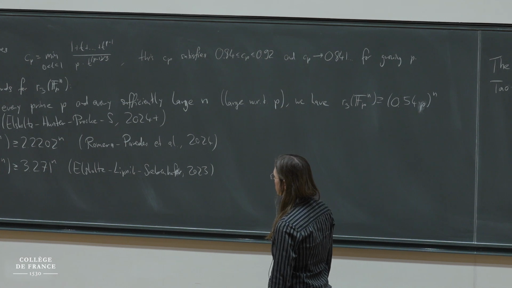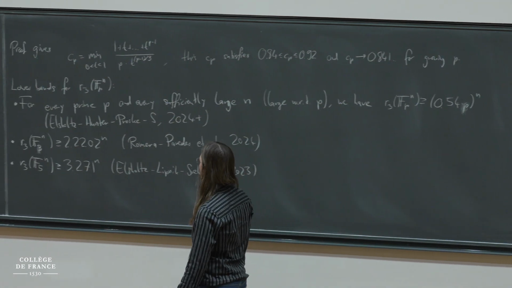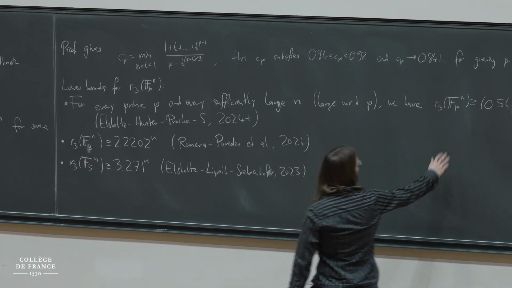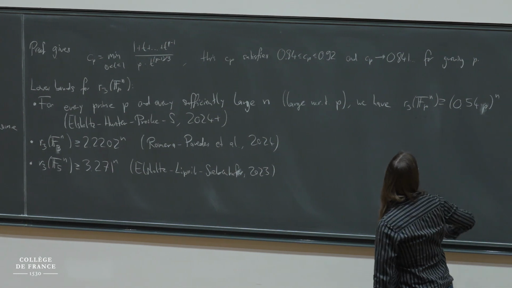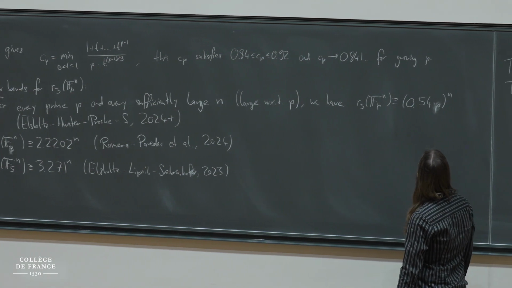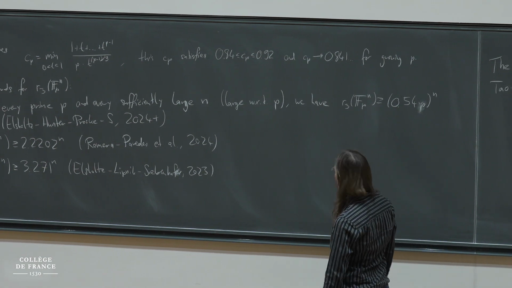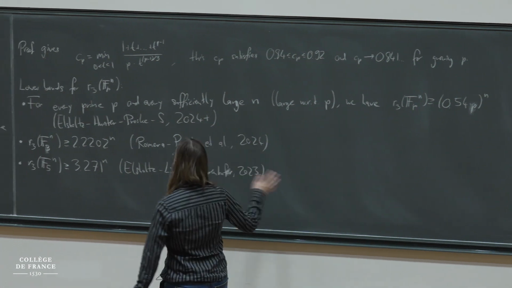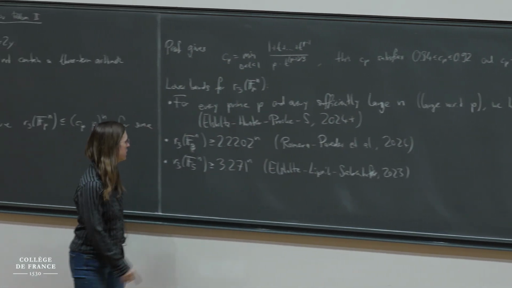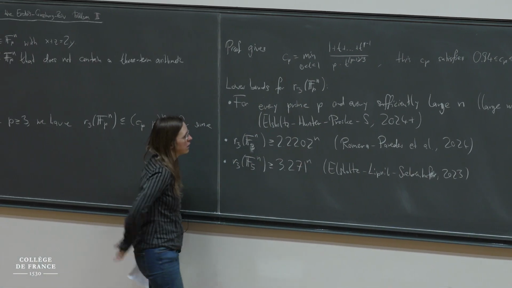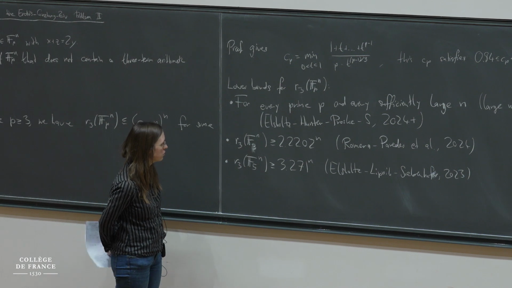Of Christian Elsholtz, Zach Hunter, Laura Pósk, and myself, where we showed that R3 of F_p^n is at least 0.54 p^n if n is large with respect to p. And then for small p, some better bounds are known, specifically for p equals 3, this bound of 2.2202^n,